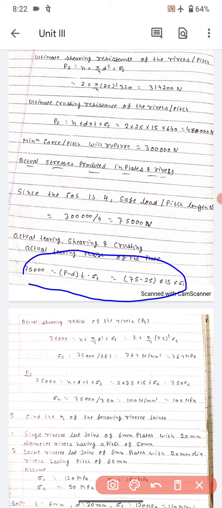Actual shearing stress of the rivet will be 75,000 is equal to N, since it is double riveted, N will be 2, so N multiplied by pi by 4 D square into sigma S. So 2 into pi by 4 multiplied by 25 square into sigma S. So sigma S is equal to 75,000 divided by 9 into, that is 76.4 Newton per millimeter square, or 76.4 MPa. Okay,